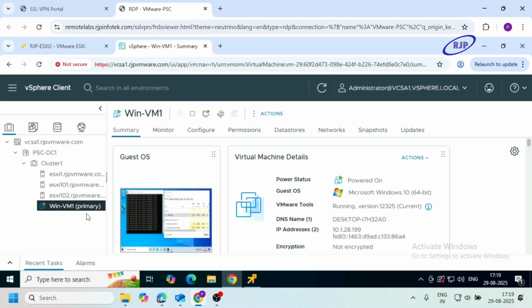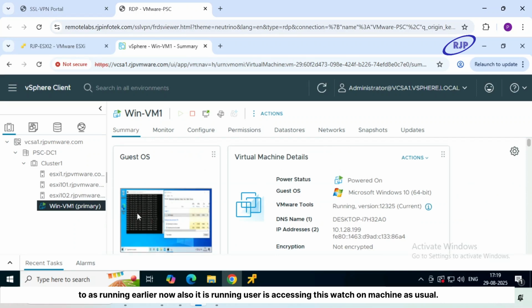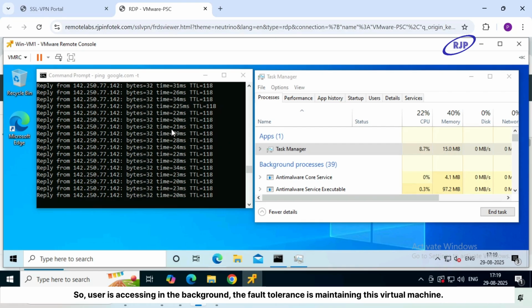Okay, running. It was running earlier, now also it is running. User is accessing this virtual machine as usual. So user is accessing in the background. Fault tolerance is maintaining this virtual machine. There is no problem for user, even though the ESXi host where this virtual machine is running is down. Okay, then also user cannot feel this. That is